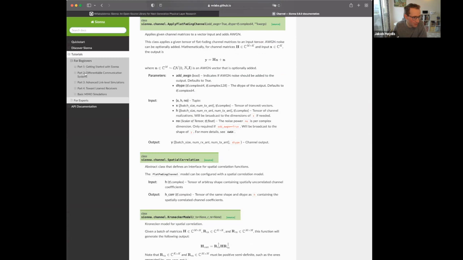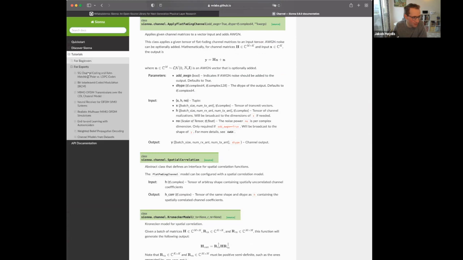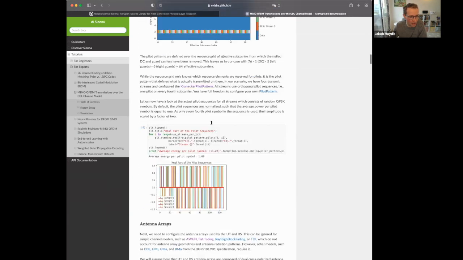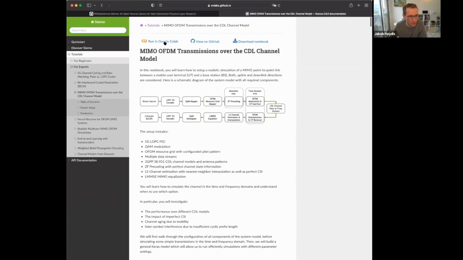So really starting from the basics, and then there are quite a few notebooks for experts who speak about different types of channel coding. How do I do realistic multi-user MIMO simulations? How do I load channel models from data sets? And so on. And so you can either see the notebooks directly here, or what's also nice, you can just